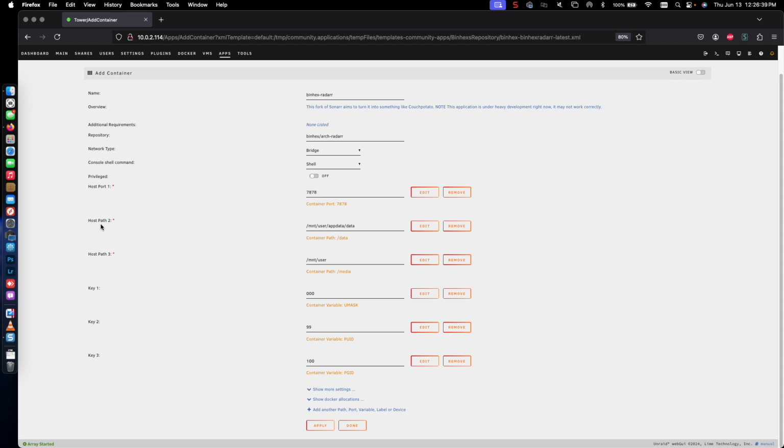Alright, so host path number 2 will need to be changed to where the data is being downloaded to. Okay, so you'll go ahead and look for, I believe it's mount cache, and then select downloads. Alright, so there you go, you have mount cache downloads, and that's where the downloads are being downloaded to. And host path number 3, we're going to go ahead and select